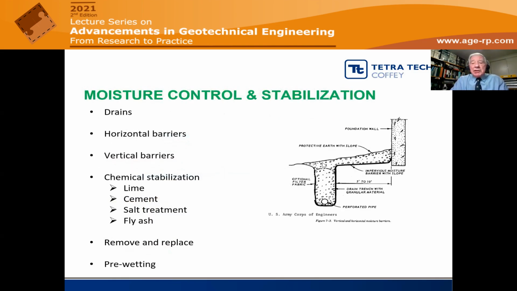You can control moisture with drains so that you try and stop that. You can have horizontal barriers and vertical barriers. If you can even put a horizontal impermeable layer on the soil near the structure, then that tends to reduce the potential for change of moisture content. You can try stabilizing the soil with various methods, or if it's really important, you can remove and replace the expansive soil with something that is relatively inert, or you can try pre-wetting the soil before you isolate it